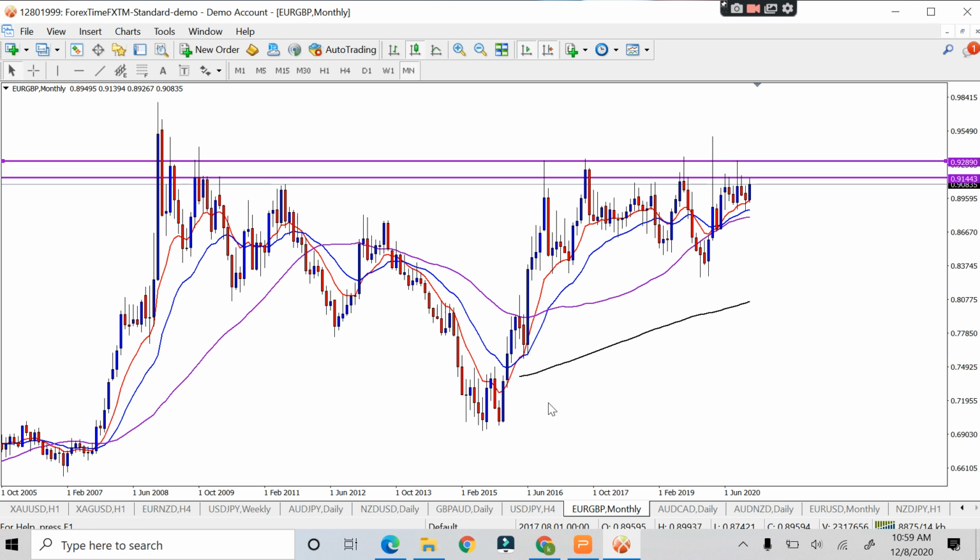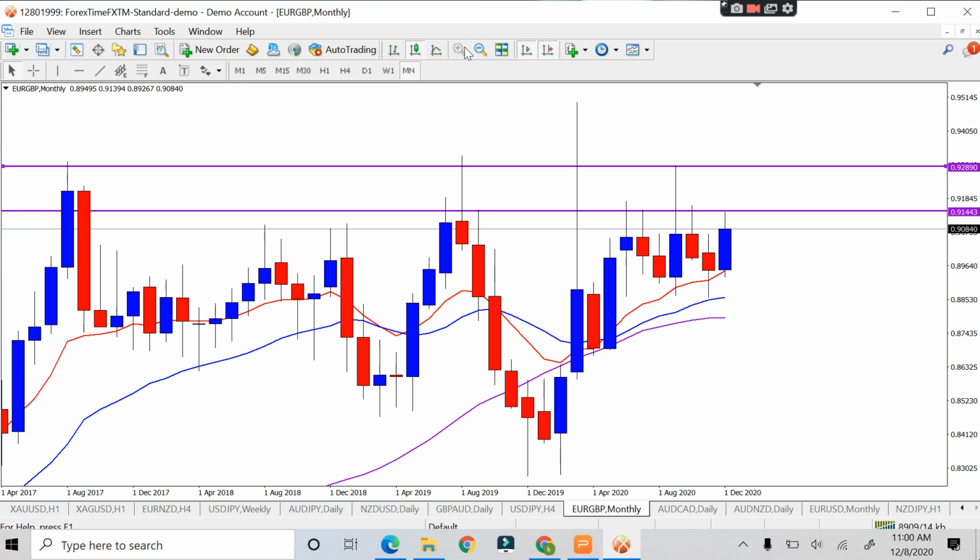Okay, so I can see some higher lows and moving up higher. Then I can see some price consolidation at this point. So with this price consolidation, I should be expecting a break above this resistance at between 0.91443 and 0.92890. Okay, so having a buy bias, if you zoom in, you can see that I have a bullish engulfing